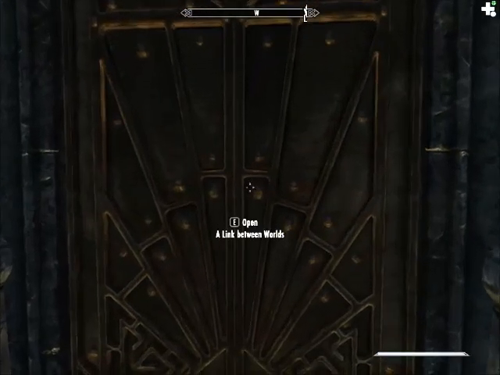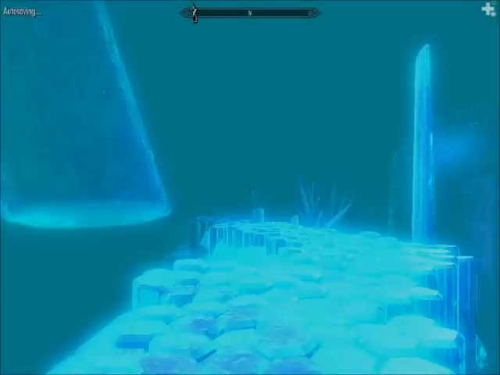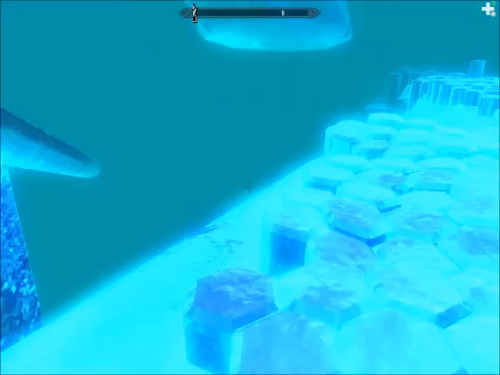I think I may have given it away by coming up to the door. It goes to a place called the Link Between Worlds. And that name is super intentional. You'll find out. This is the Link Between Worlds. It's very Azura. It uses the Azura Star components,